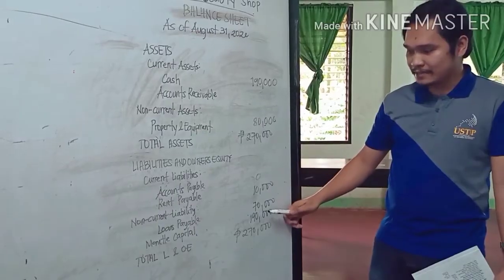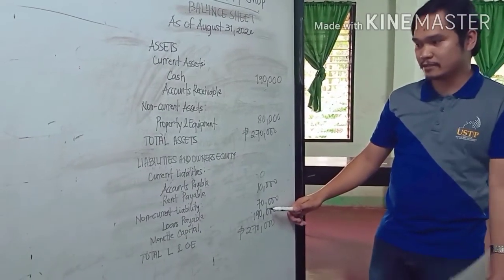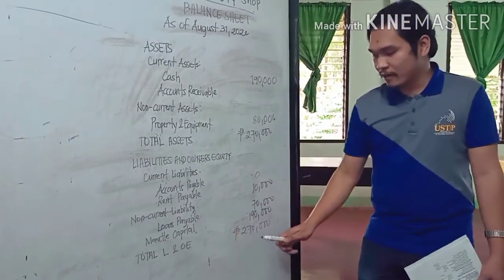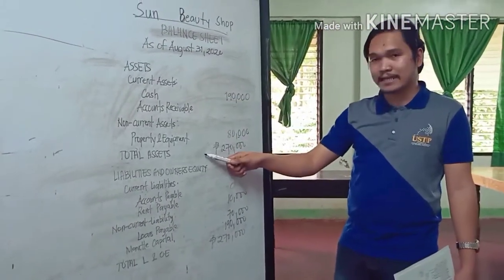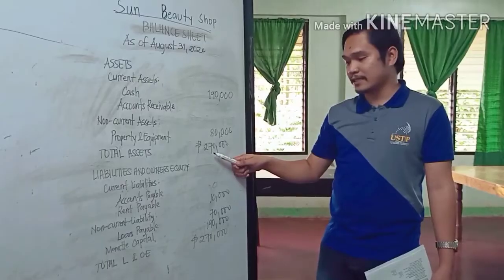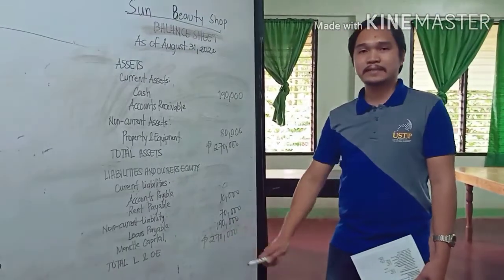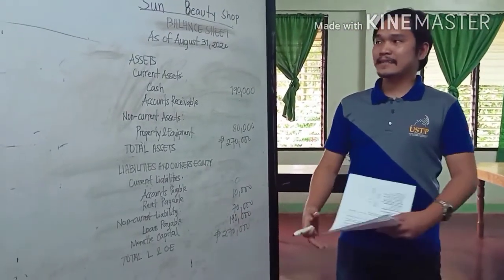So when we add this portion, the liabilities and owner's equity total 270,000. So we see that the total assets of 270,000 is equal to the liabilities and owner's equity. And that's all for the